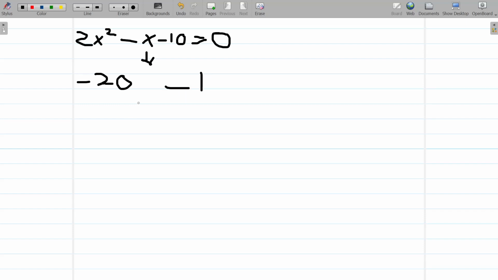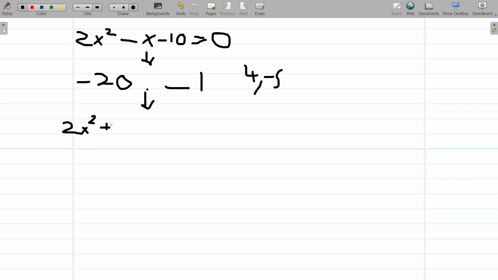And we're going to rattle our brains a bit and think, what two numbers multiply to make -20? And what adds to make -1? So again, you could draw out a long list of factors. I think for numbers like these, it's pretty useless because a couple seconds of thinking will give you the numbers 4 and -5. So we're going to write those into the equation by splitting up the -x into 4x minus 5x. So how we're going to do that is we're going to go 2x squared still,